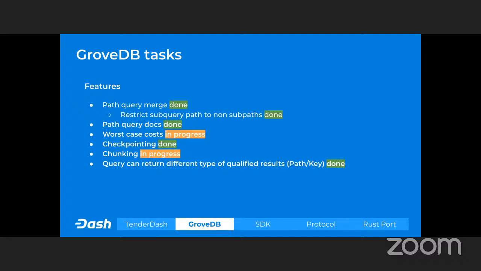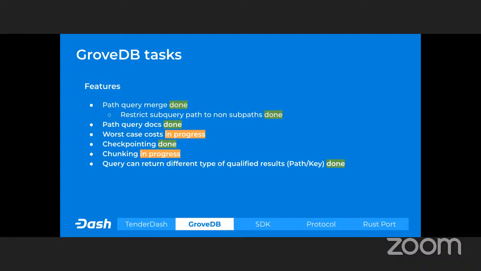Moving on to checkpointing and chunking. Thank you, Wisdom. Hey, I'm Evgeny from GroveDB. Checkpointing and chunking are parts of another feature we want to have in GroveDB, which is called replication. It will allow one node in the network to be set to a state of a certain block height, taking this information from other peers and verifying it on the fly.